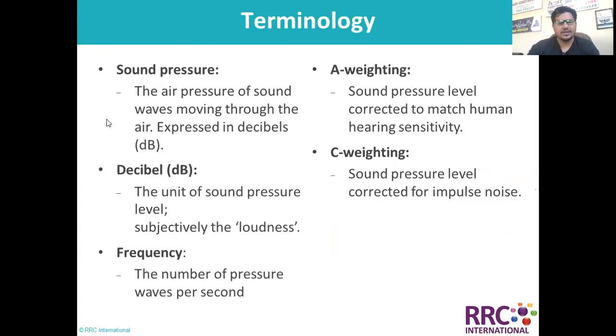Now, terminology. Sound pressure is the air pressure of sound waves moving through the air, expressed in decibels. We measure sound in decibel. Decibel is a unit of sound pressure level, subjectively the loudness, and frequency is the number of pressure waves per second. A weighting means sound pressure level corrected to human hearing sensitivity, and C weighting means sound pressure level corrected for impulse noise. So just bear in mind how we're going to measure it in decibel,